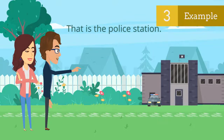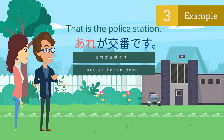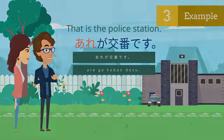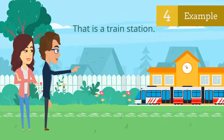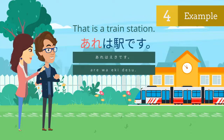That is the police station. あれが交番です。That is a train station. あれは駅です。